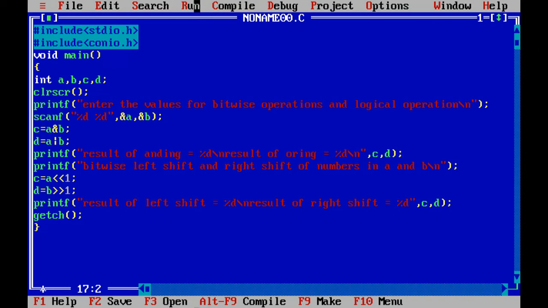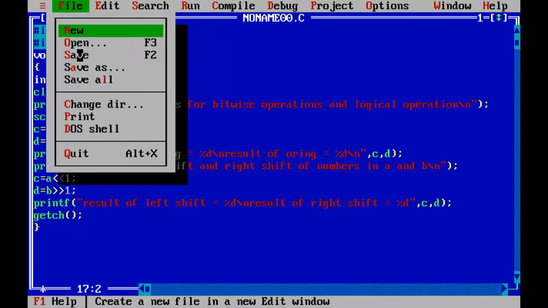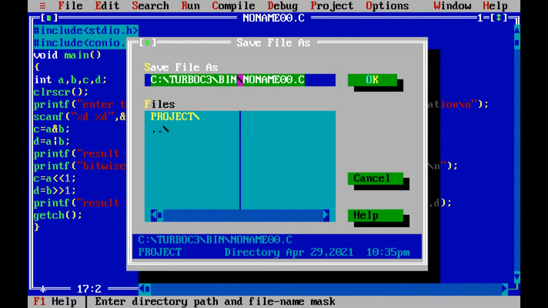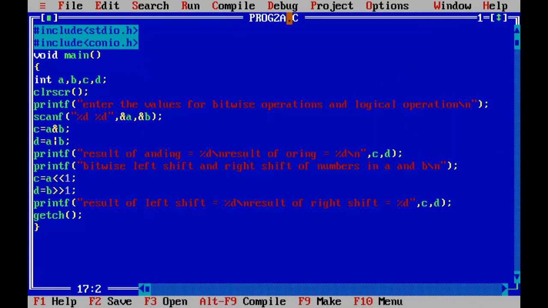Now before I run or compile, let me quickly save. Since from the syllabus it is the second program, I'll mention it as program 2a. So program 2a.c.